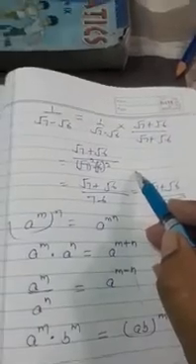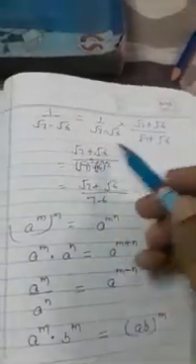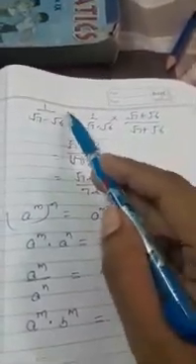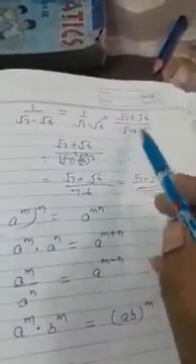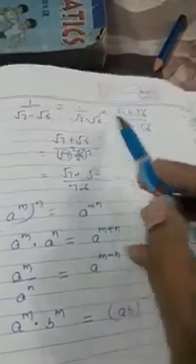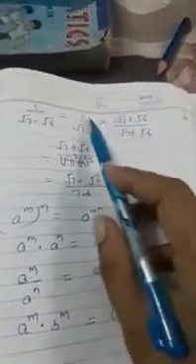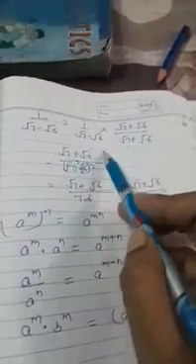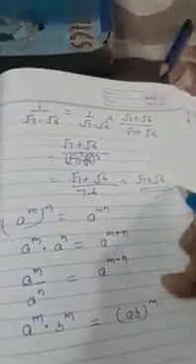Next, beta, exercise 1.4 is not in your syllabus, and in exercise 1.5 you have to rationalize the denominator. This is also very easy. You have to multiply numerator and denominator with the given denominator but with the opposite sign. As here it is root 7 minus root 6, we multiply numerator and denominator by root 7 plus root 6. In the numerator, 1 multiplied by root 7 plus root 6 is the same term, and in the denominator a minus b, a plus b, we use the identity a square minus b square. After solving we will get the answer.